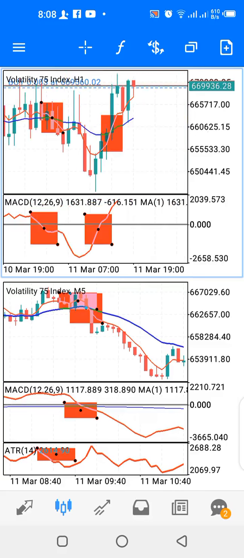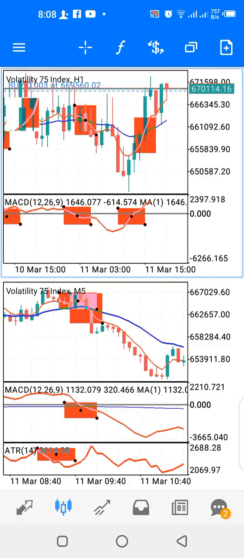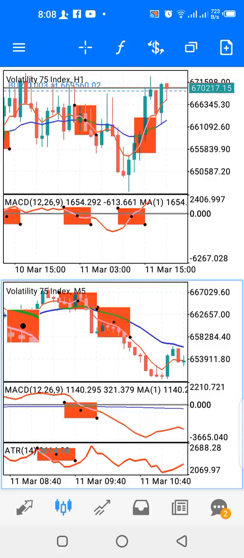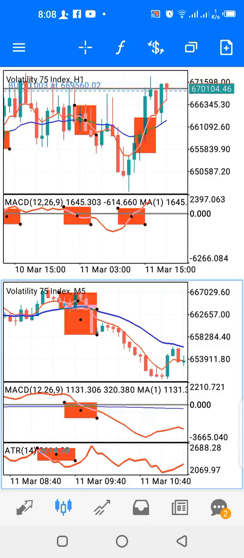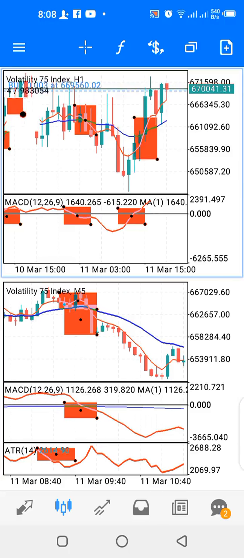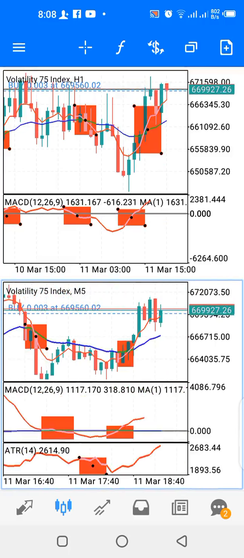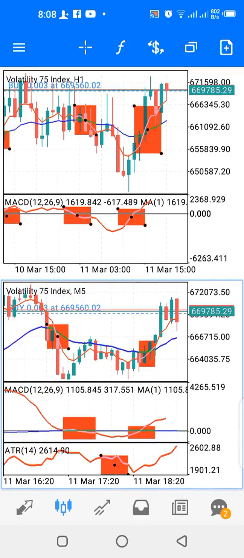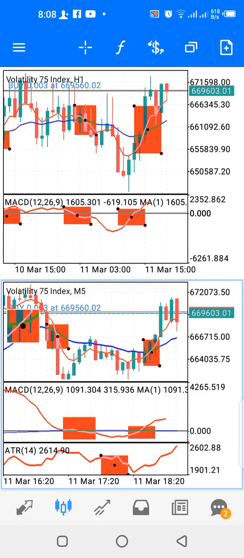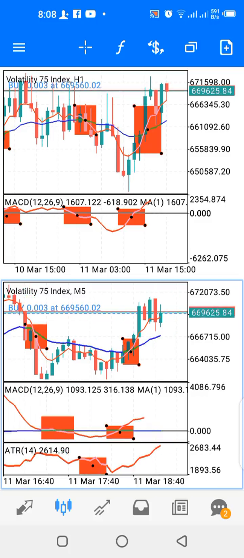The main, bigger window is the 1 hour time frame, and this smaller window is the 5 minutes time frame. So if you have a buy on the 1 hour time frame, like you have around here, you also have a buy around here. So you wait for a buy on the lower time frame, and also wait for a buy on